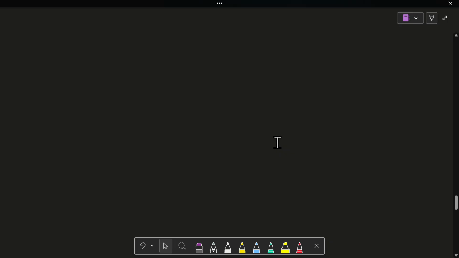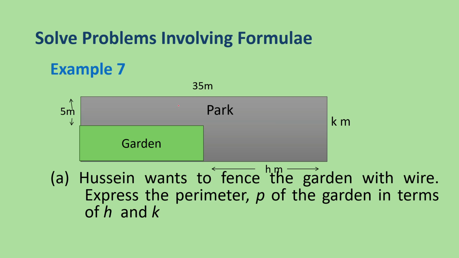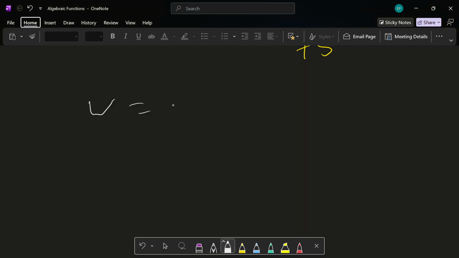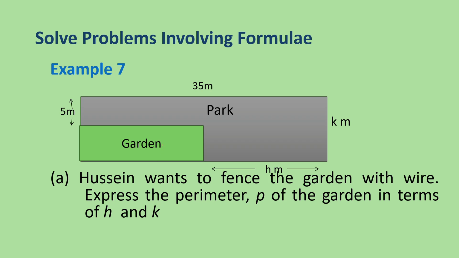So the width here will be 35 minus h, and length here will be